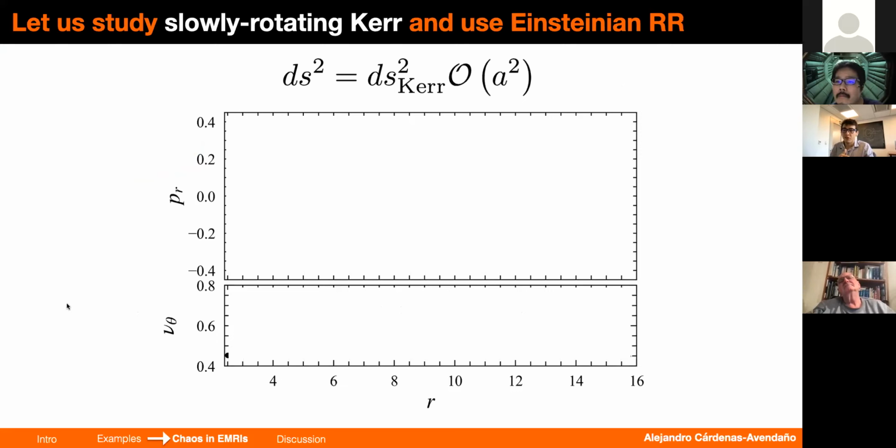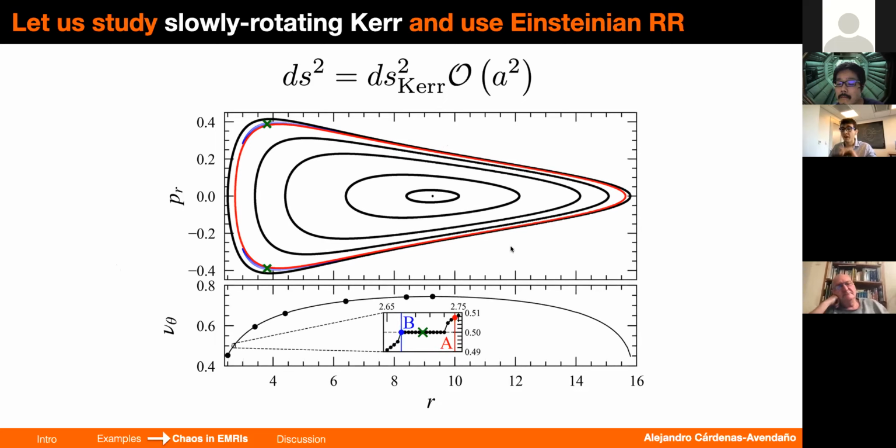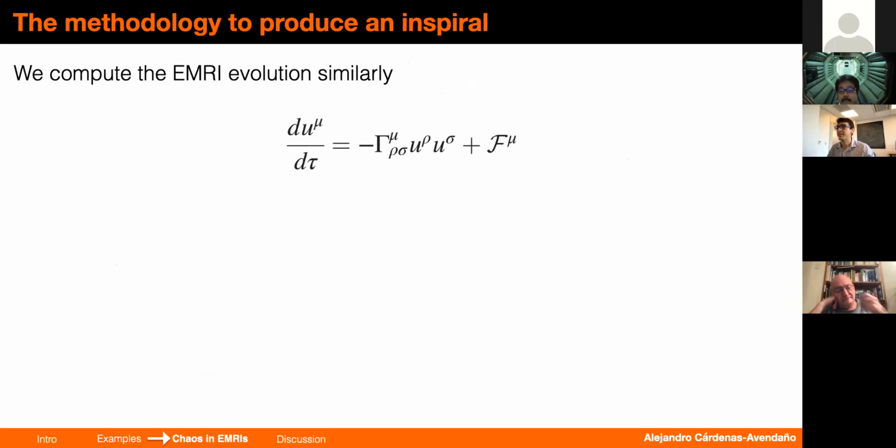Again, as I said, the other solutions were shown in Manko-Novikov or in bumpy metrics. And in this previous paper with Nico and collaborators, we found you don't have to go that far to look for these features. So for example, the slowly rotating Kerr indeed already shows these signatures. In the sense that we can truncate Kerr to second order in spin, and still you will find the solutions. And again, this is without radiation reaction. You just characterize different initial conditions that give you confined motion. And then the question is, okay, if we start in this condition A, we will evolve through this, and maybe let us use again the same approach and build a model. So that's what I'm going to show you in the next slide.